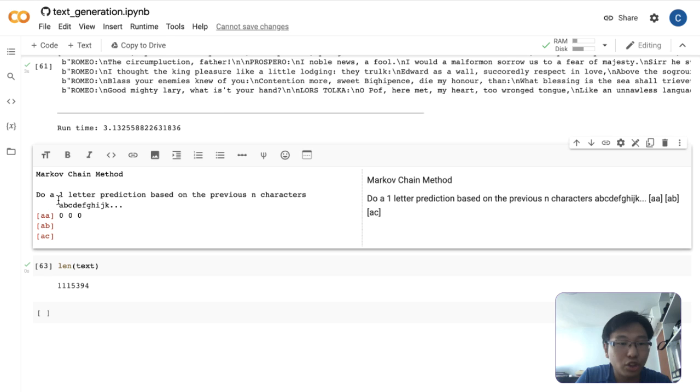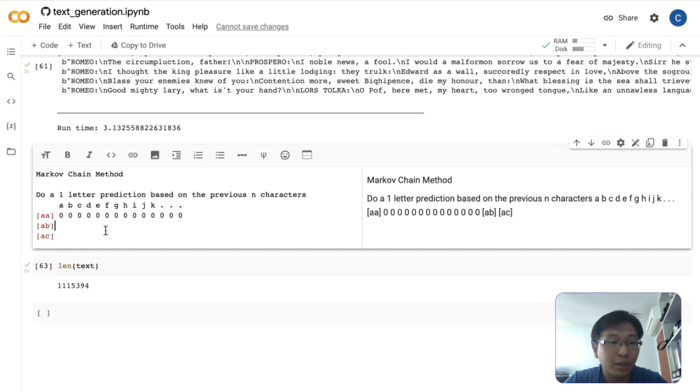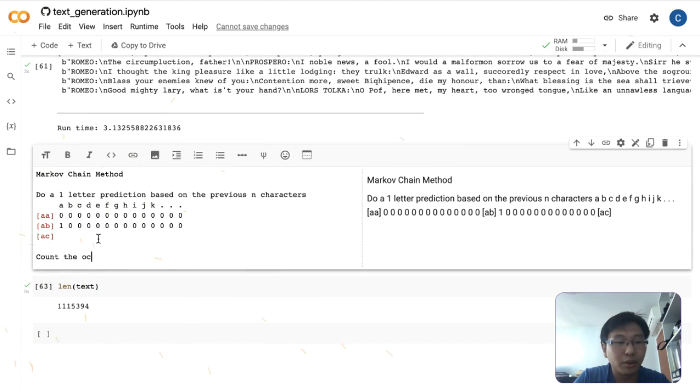Each time we go through the text, we see the combinations of all this, and we assign a number to each of these. Maybe we can initialize all of this at 0.01, so that we avoid the divide by zero error. So we just count. The idea is very simple: count the occurrences of the next character in sets of n plus 1